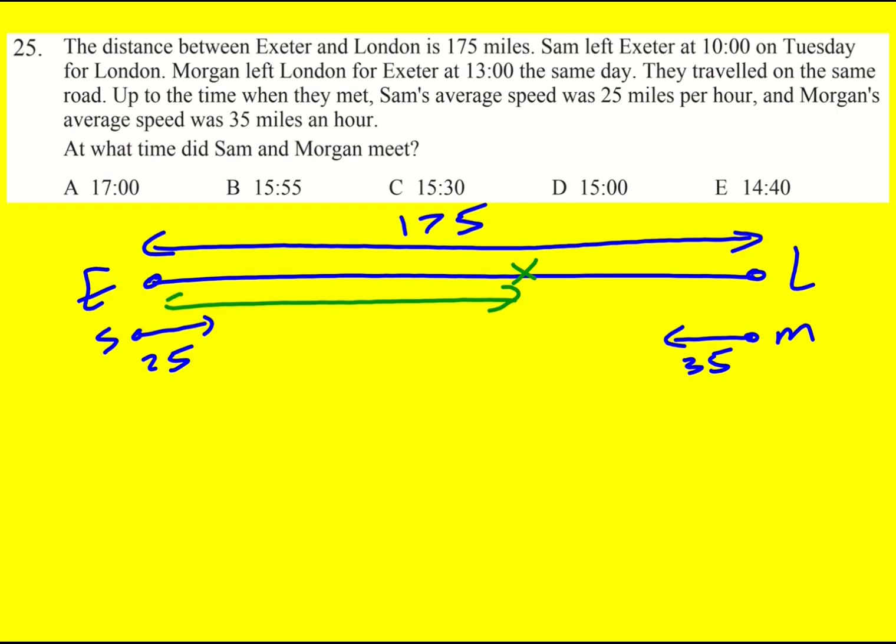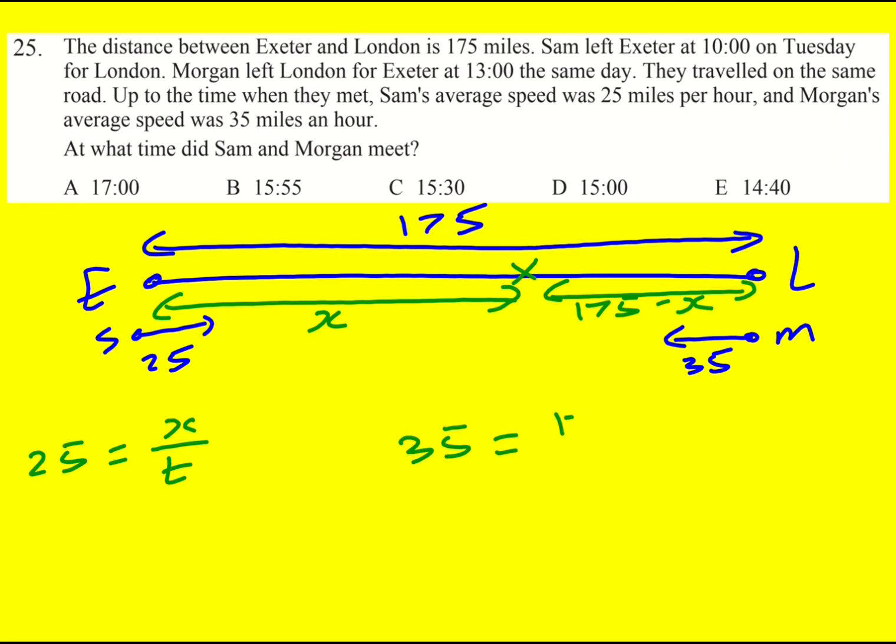Then I said that Sam is moving X, and then Morgan is going to be moving 175 minus X. Okay, so the setup now for Sam is very similar. Speed is equal to distance divided by time. It's just that the one for Morgan is slightly different because now they're going 175 minus x instead of 100 minus x,